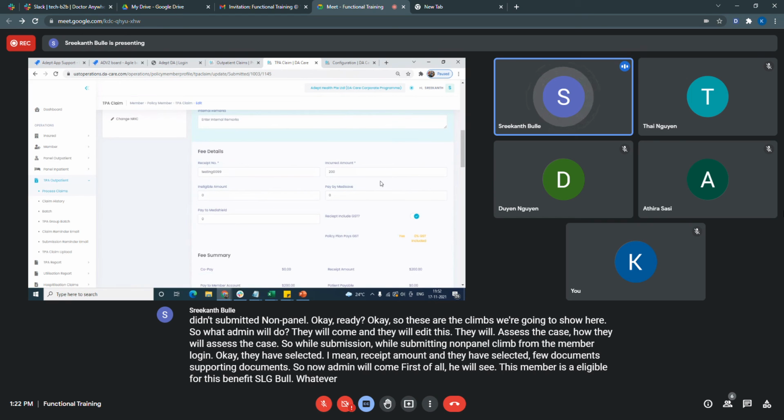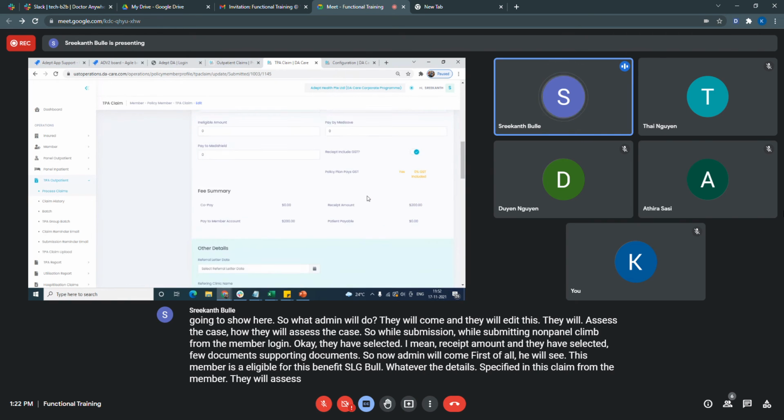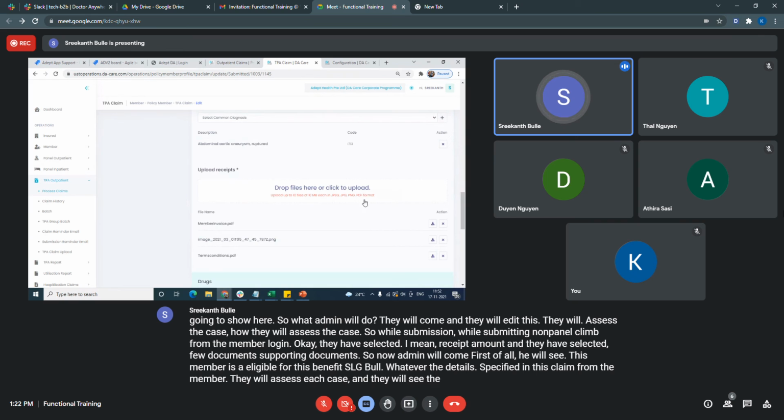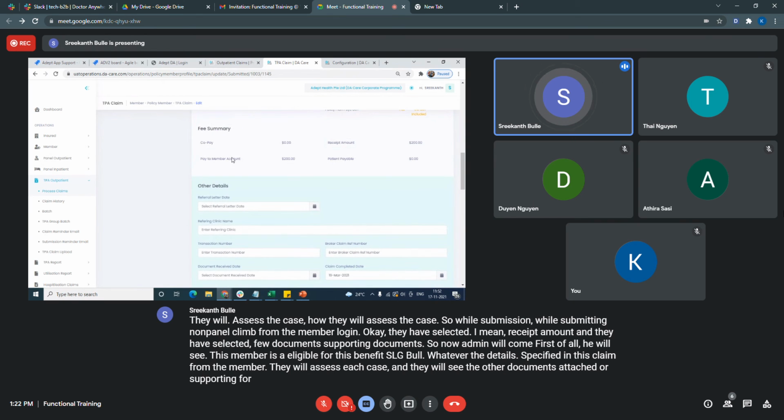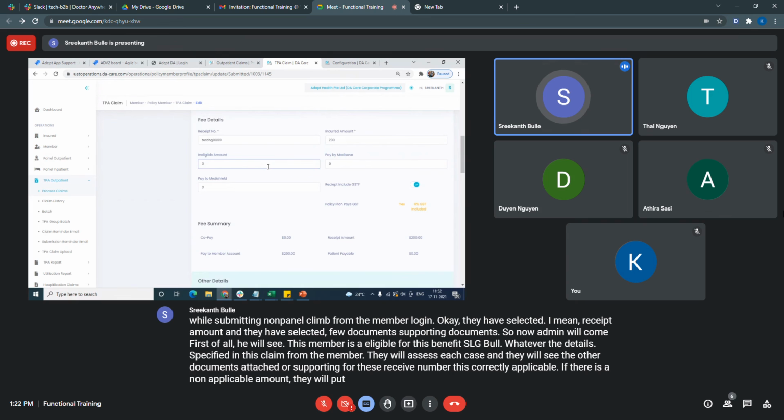Whatever details are specified in this claim from the member, they will assess each case, and they will see all the documents attached or supporting for this receipt number, whether this is correctly applicable. If there is a non-applicable amount, they will put the ineligible amount that is not applicable to this claim.